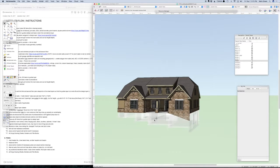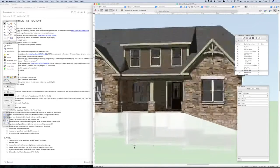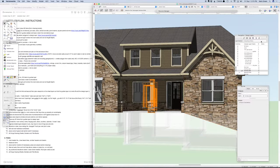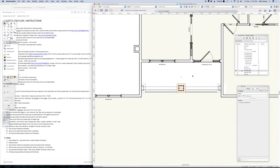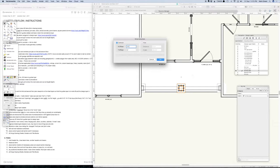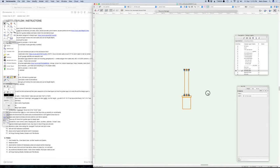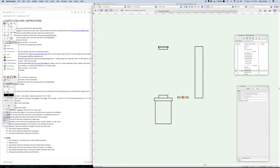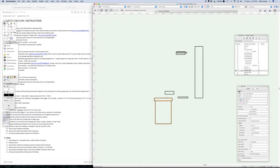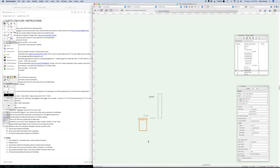And then also regarding these columns, all columns are going to be a little bit different, but I'll grab these. Grab this column and move it over. So I want to show you that this is an extrude. These are all extrudes. And this actually is a column object. This could easily be 2 extrudes as well. I don't know why I did it this way on this particular job, but